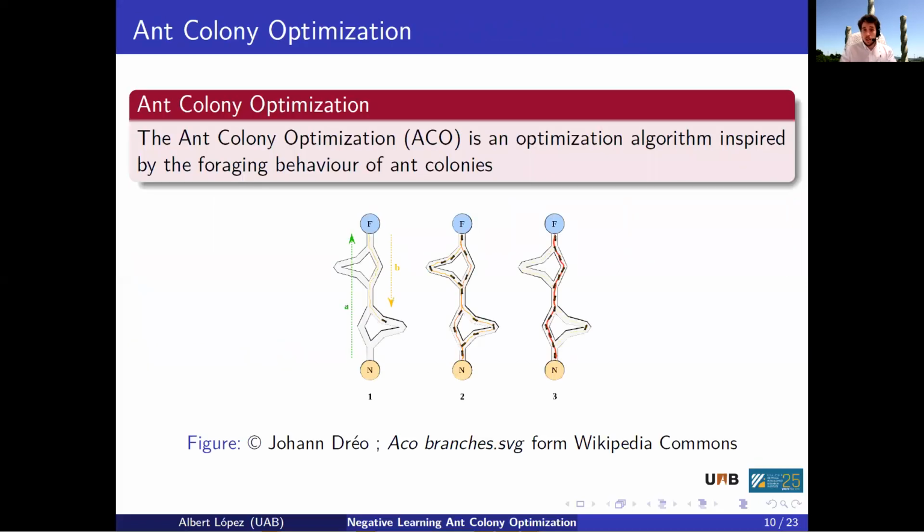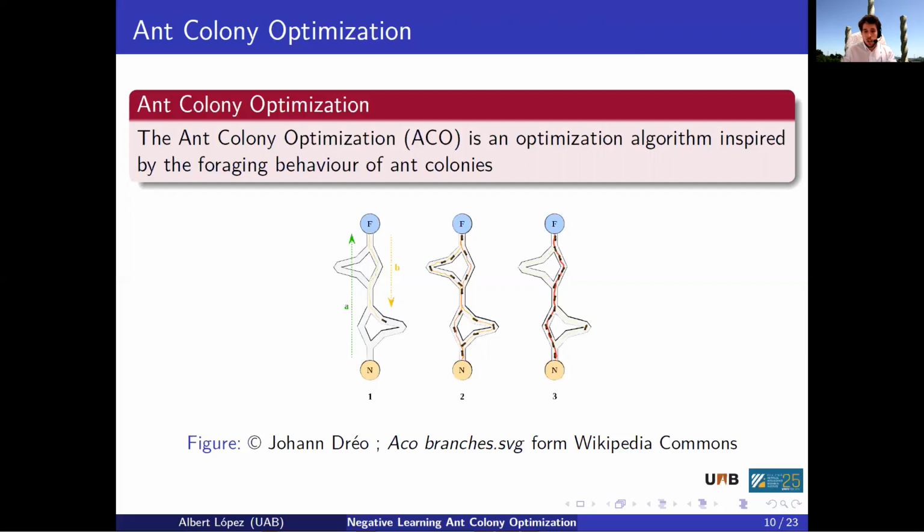Our algorithm is a modification of ant colony optimization, which in turn is an algorithm inspired by the behavior of ants foraging for food. What they do is leave pheromones on the trails they use to collect food. And over time, the accumulation of these pheromones alongside their evaporation, so we can discard some trails of very low interest, allows us to, from a very complex network of possible trails, find the best one to a